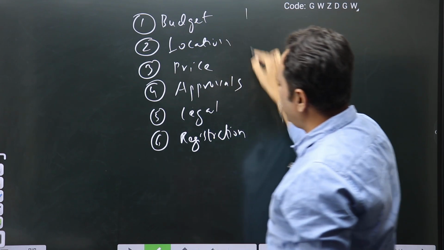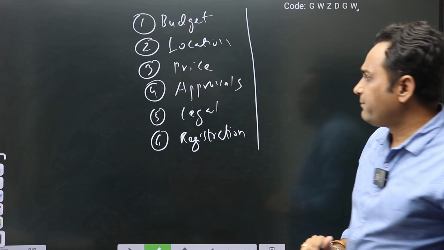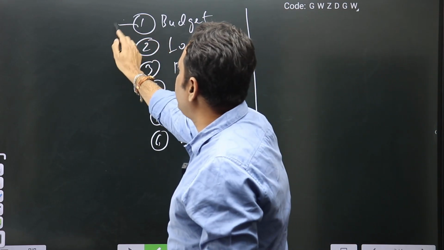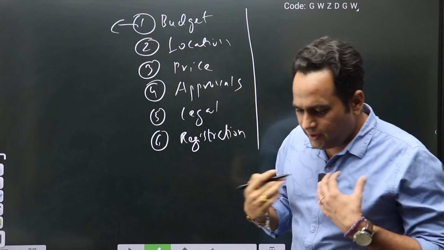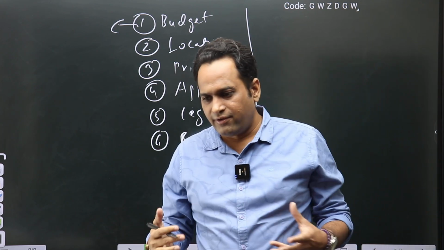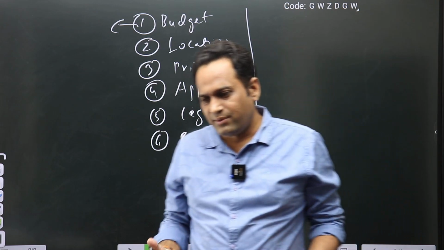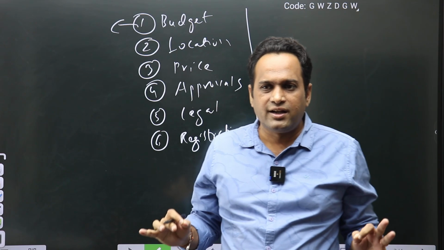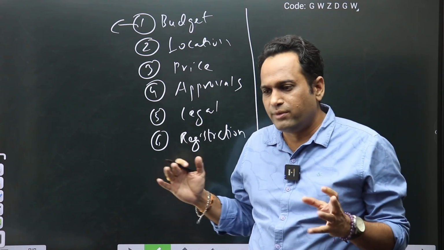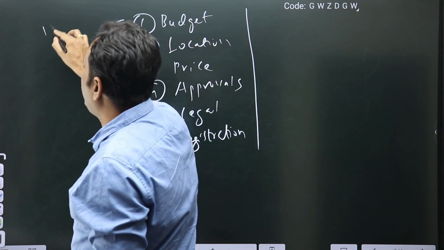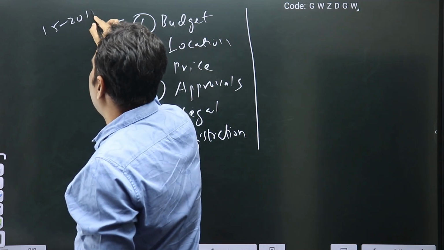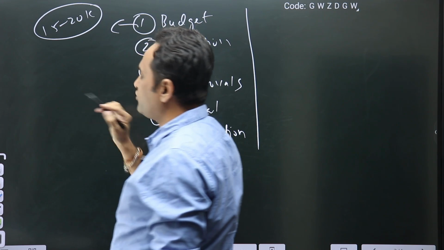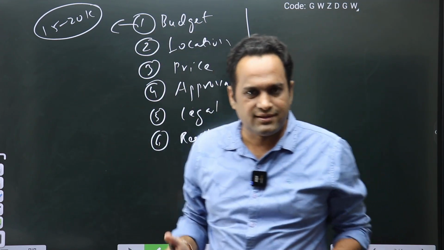This is the step-by-step flow for buying a plot. First, budget. A very important point I'll discuss here. See, according to me, and this is my opinion again, people may differ, but I'll share my experience. Based on my experience, I'll share realities. See, HMDA limits lo invest cheyalante, for a good long-term or mid-term investment, I believe 15 to 20,000 rupees per square yard is a good money to invest.